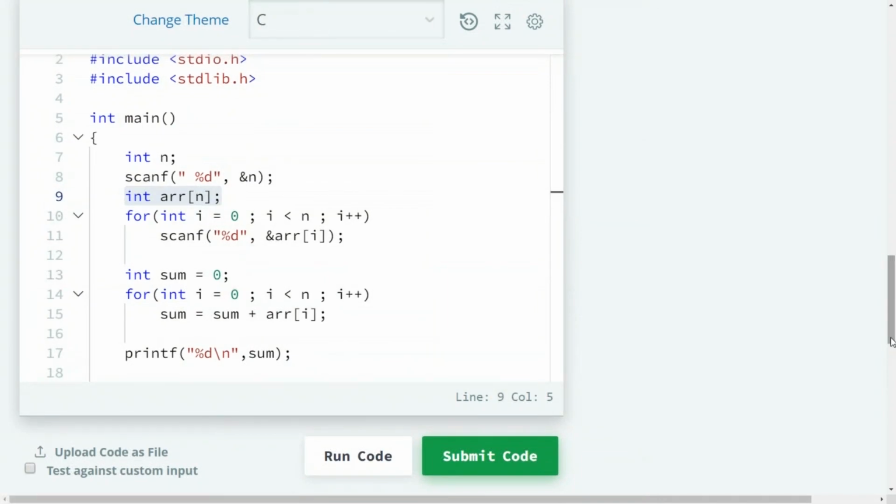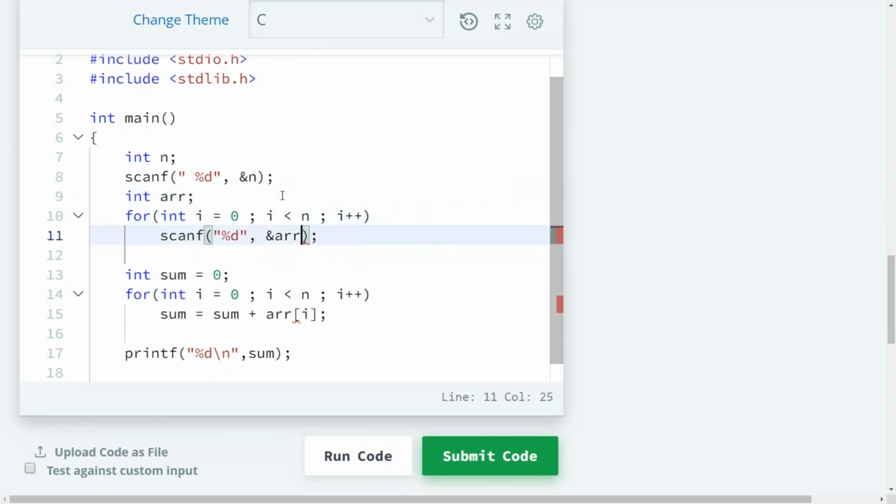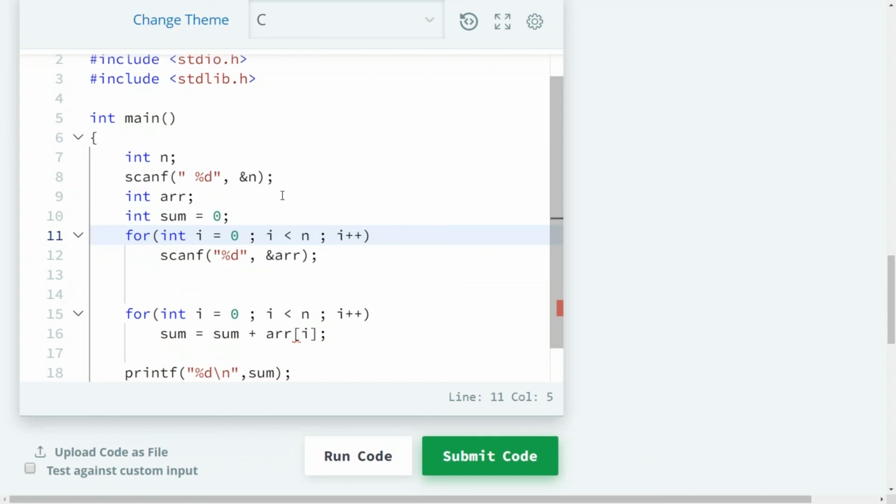Now in case you want to combine the reading as well as adding up the elements, sometimes we do it without the array also. What we might do is not create an array at all. I'll just write something like this. I'd like to read the element, and along with that, I'll directly add it to the sum here. I'd like to say sum equal to sum plus the element.